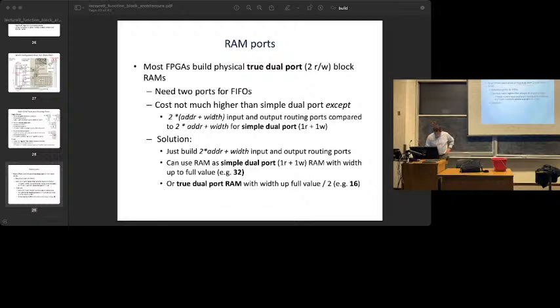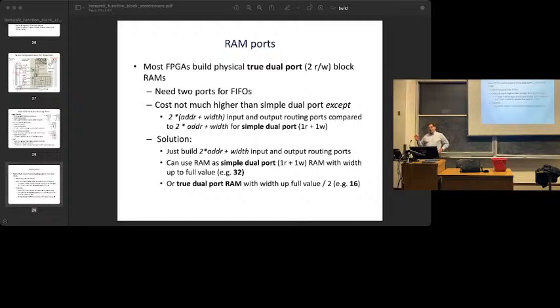What it needed was more. It needed more input and output routing ports. Okay, so the difference between it was basically an extra width worth of routing ports on both the input and the output side. And that's not a trivial cost because routing ports are so expensive. So the solution,